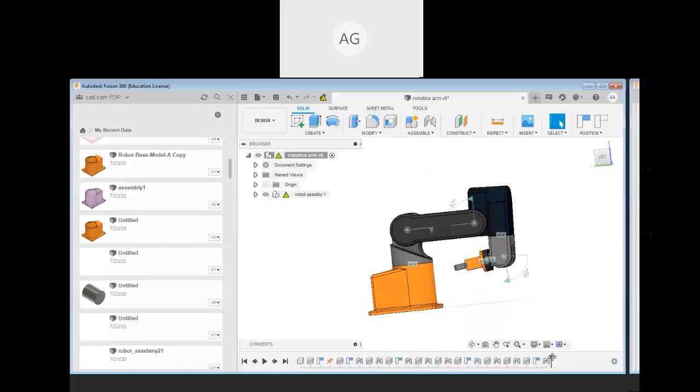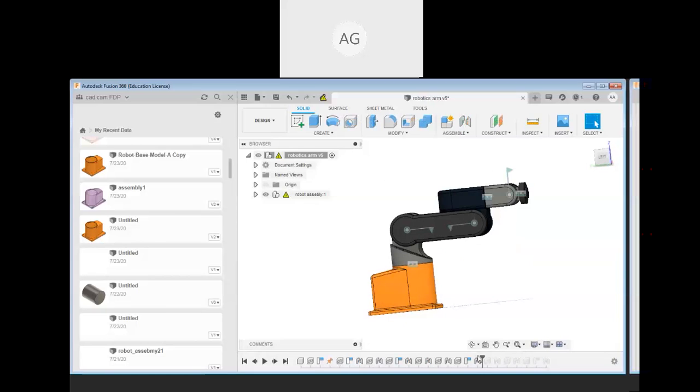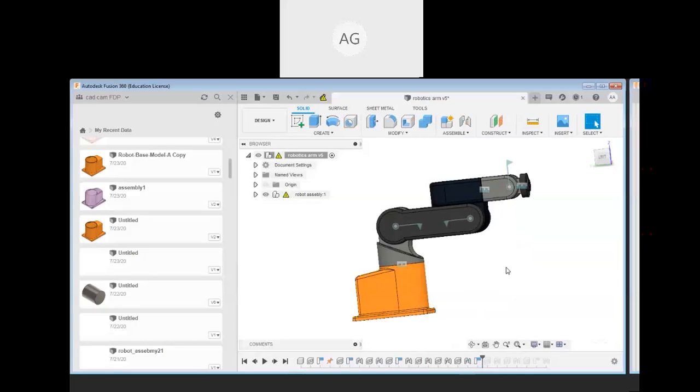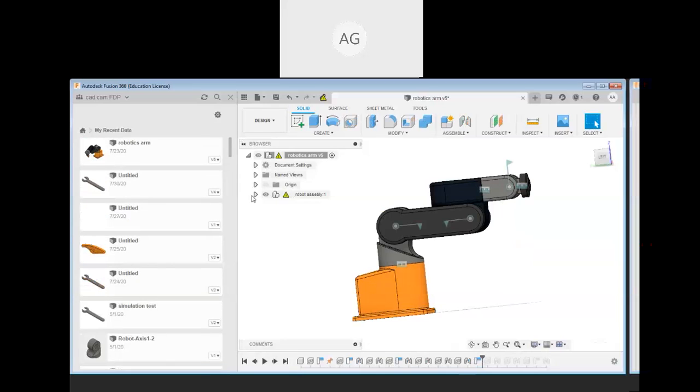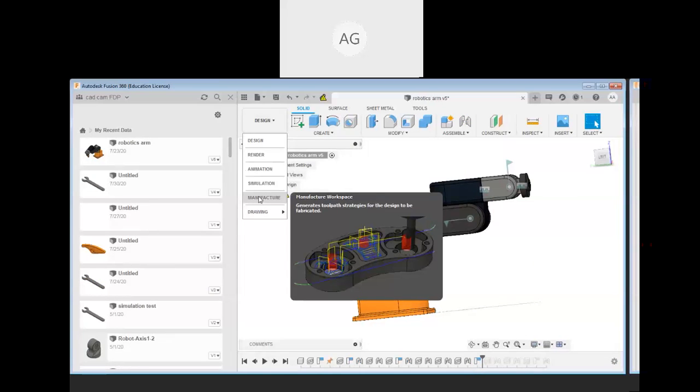So these are all the operations if you want to move it backward. All the operations, one by one, if you want to see, you can see over here. So that is the beauty of this software. Now I'm going to show you some advanced part about manufacturing, how you can do manufacturing over here. So let me open manufacturing, because earlier I shared simulation with you. Now I'm going to share manufacturing.